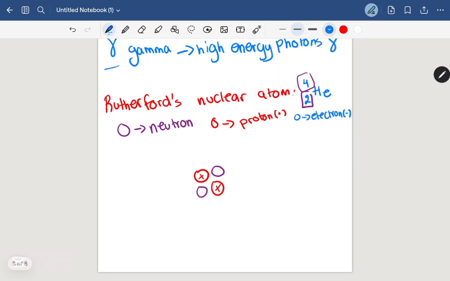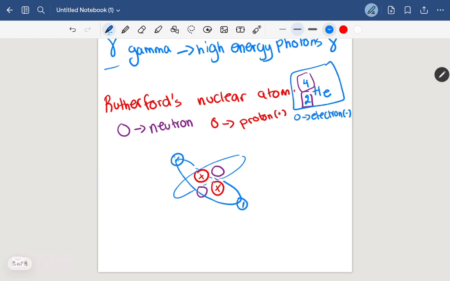Now the next thing is the electrons moving around the nucleus. So they usually move in their electron clouds or their electron rings. So imagine this is one electron ring, and this is another electron ring, and over here you will have an electron, and over here you will have another electron. Now, because it is a non-charged atom, it does not have a charge, you will have the same number of